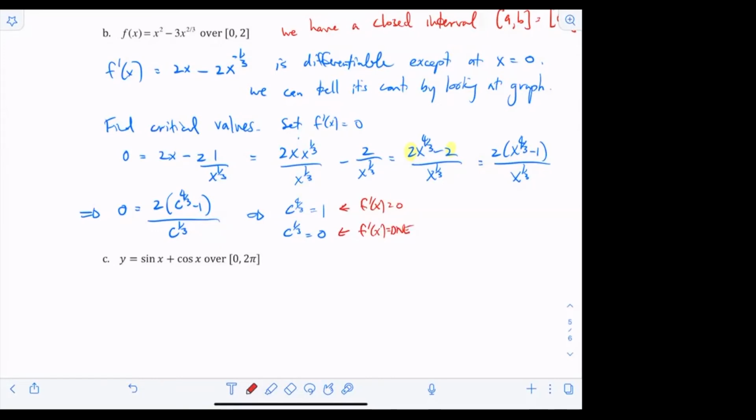Does that make sense to everybody? Are there any questions? Okay, so what number when you raise it to the 4/3 power is going to give you 1? Well,